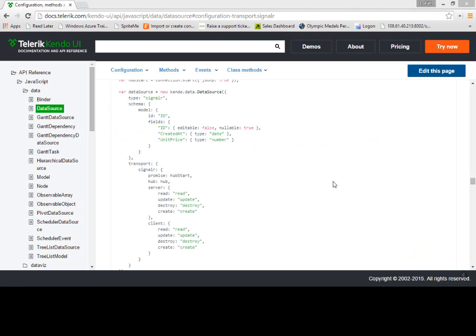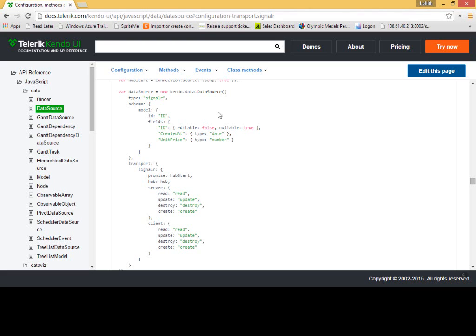Support for SignalR in Kendo UI is through its Kendo UI data source. So basically, we have an object called Kendo data source. This Kendo data source can connect to any endpoint which returns data in a JSON or XML format. It has the capability to do the complete CRUD, provided you give the CRUD endpoint. So for example, if you have an endpoint for create, update, delete, and read, you just have to set these